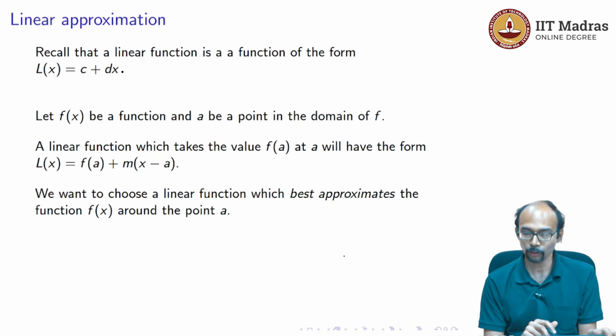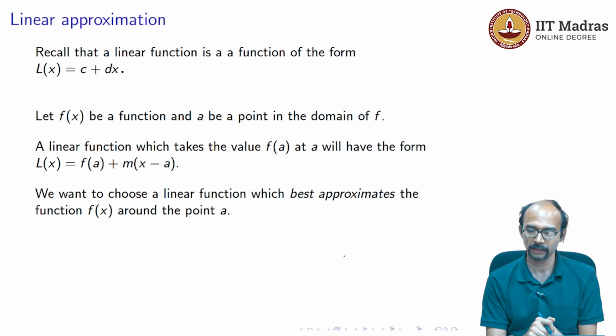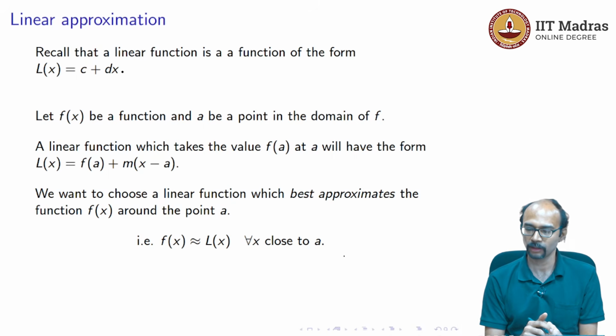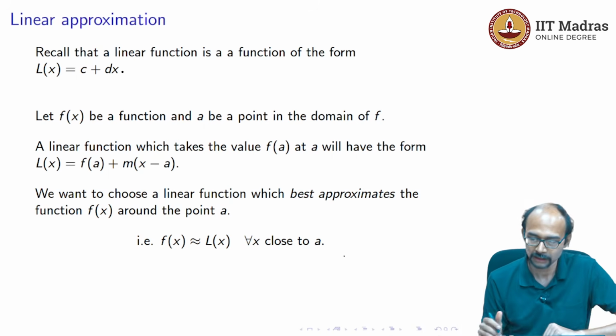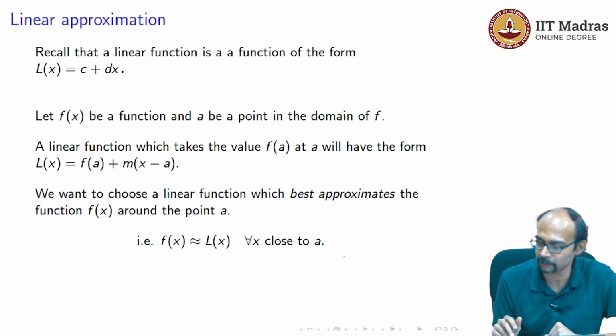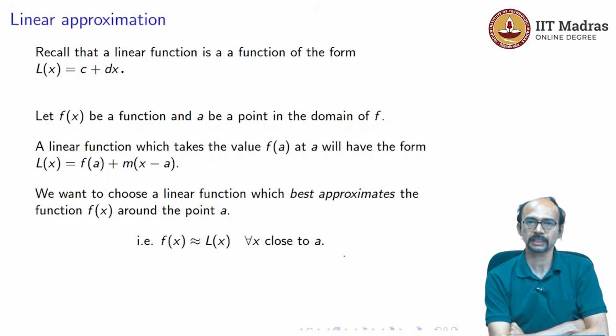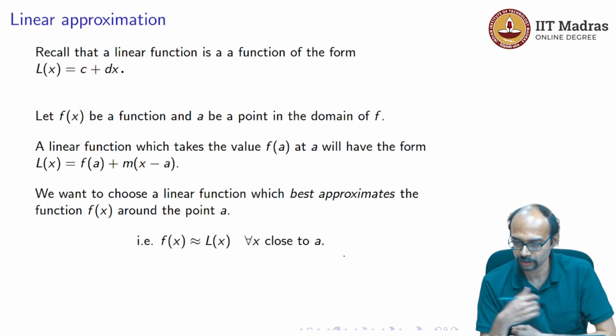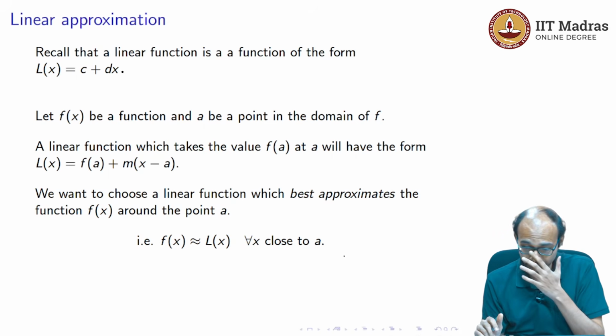So, we want to choose a linear function which best approximates the function f of x around the point A. That is, f of x is approximately equal to L of x for all x close to A. And you can see that I have written "best approximates" in italics. Really the point is, we want to get a hand on what it means for best approximates. Unfortunately, this is a slightly technical notion, somewhat difficult to explain,